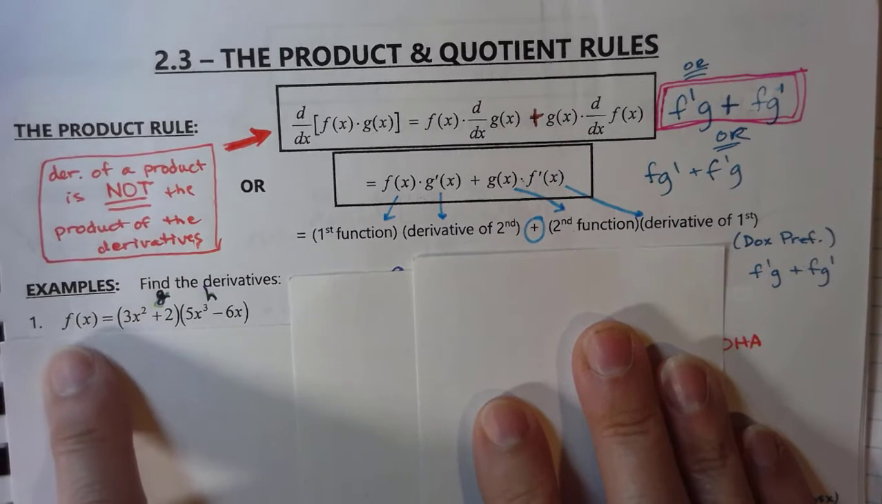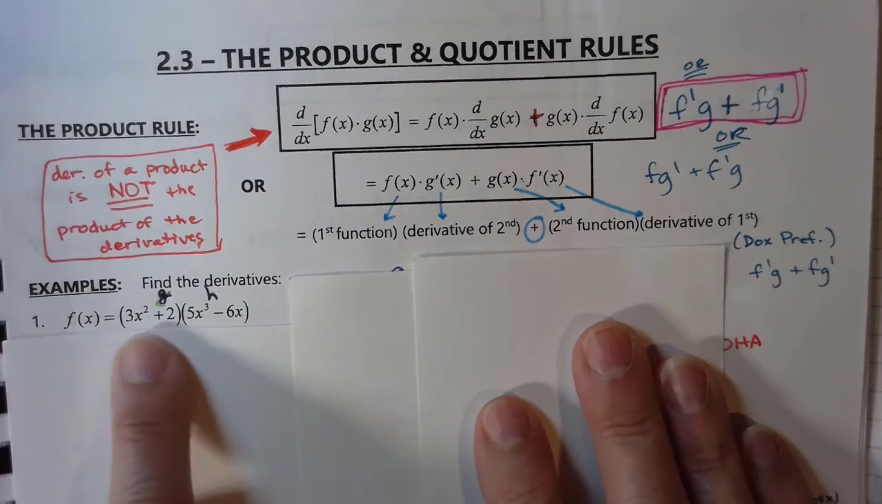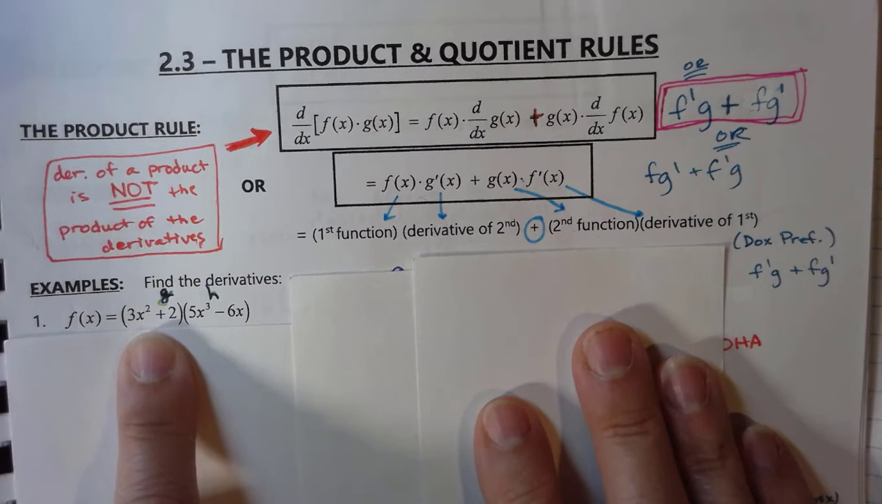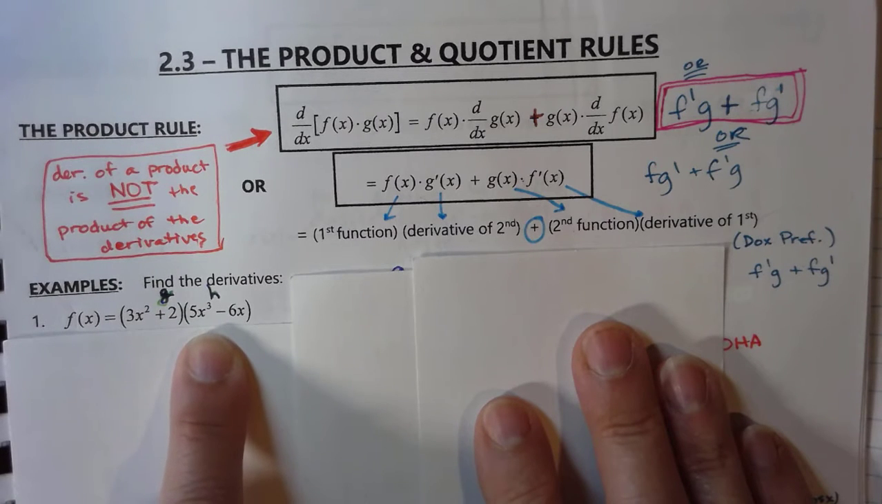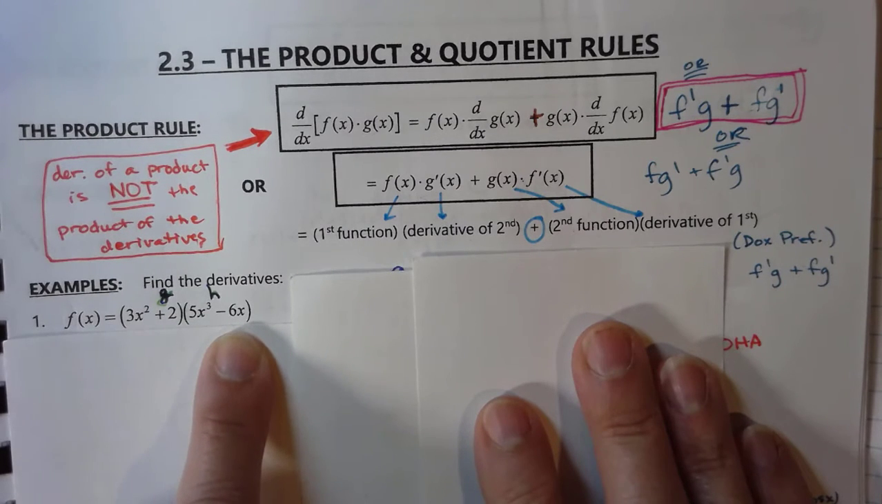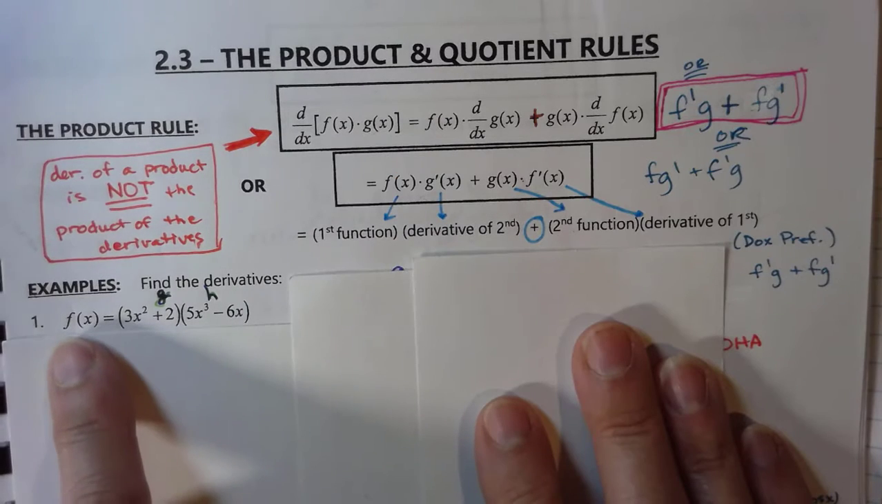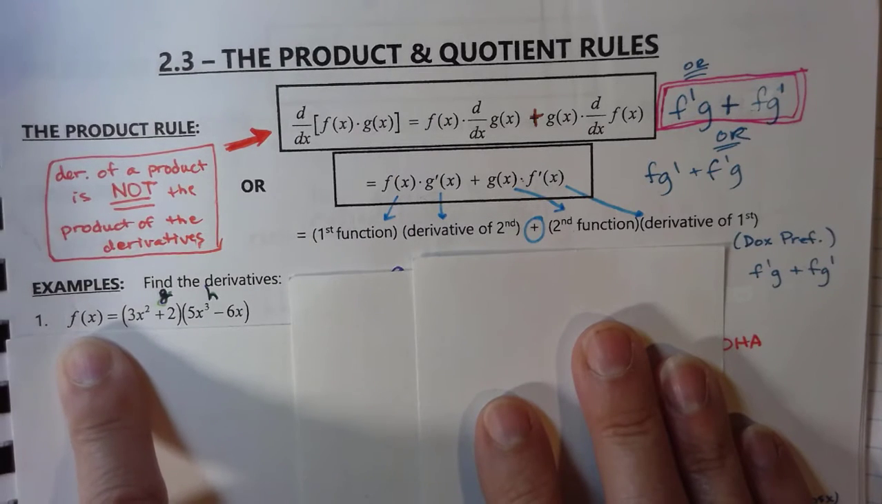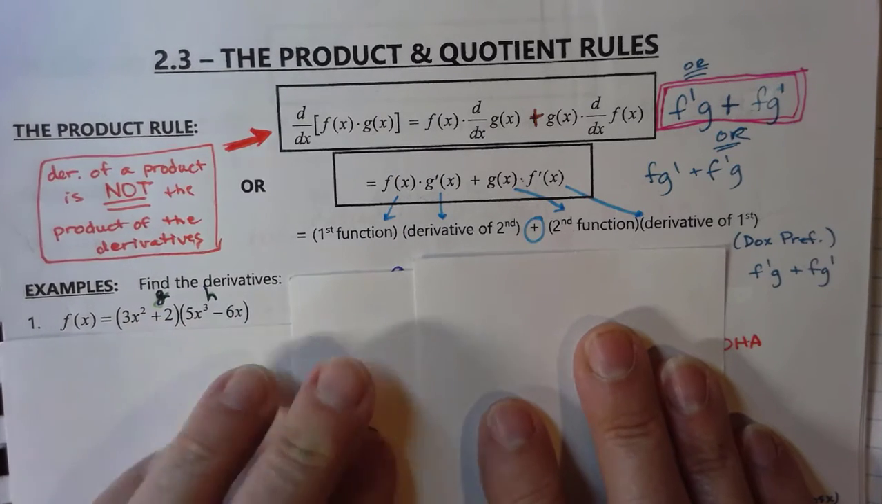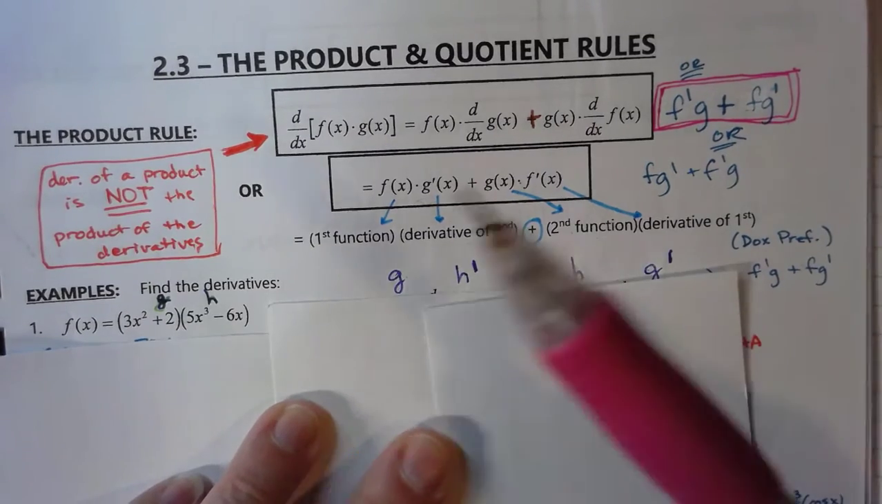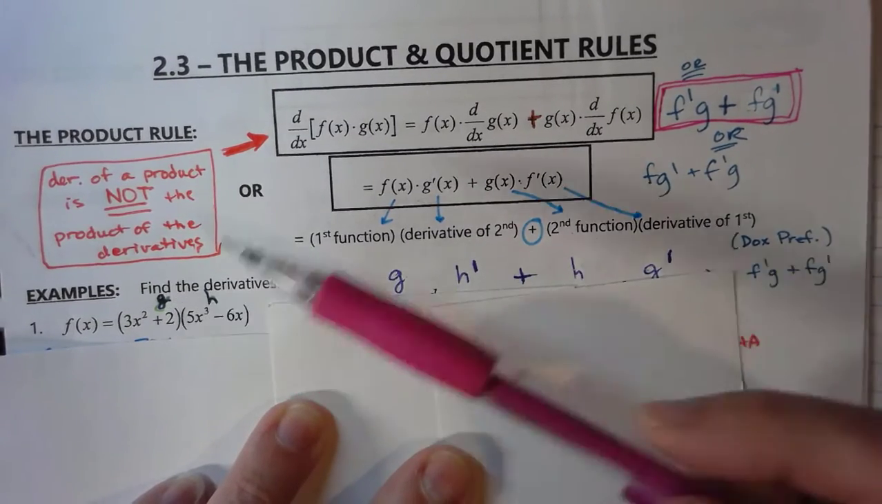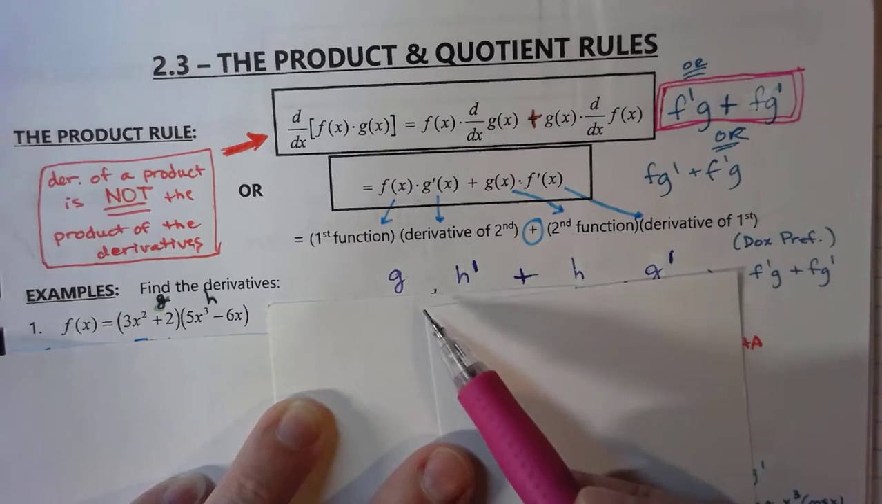Find the derivatives. Notice that I have f of x is (3x squared plus 2) times (5x cubed minus 6x). Now, I've got to rename these. I can't call these functions f and g like I did up there because the name of my entire function is f. So why don't we call this g and h? So if I'm looking at the product of g times h, we always want to write this out first,